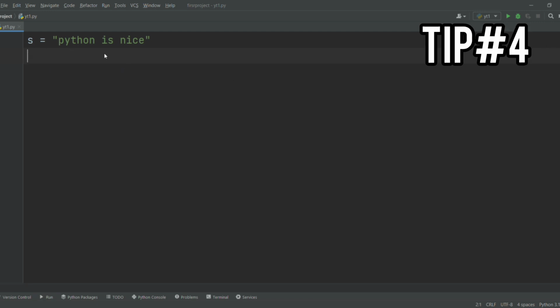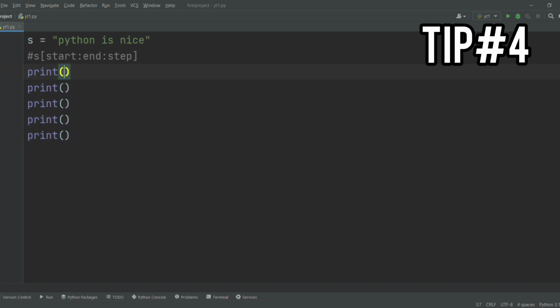So suppose I want to get a part of this string within a range. For that we will use string slicing and the format of that is the string name followed by start and then end, and then there should be a step if you want to add. Let me show you what I mean. Let me create multiple prints here. So if I want to print Python here, then it starts from 0, 1, 2, 3, 4, and 5. So I can write here a string name and within square brackets I can write 0 to 6. It's just like a for loop.